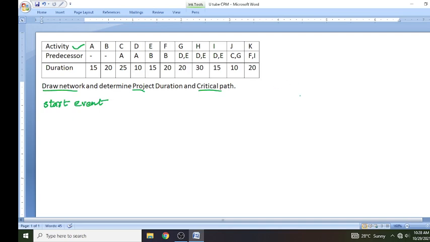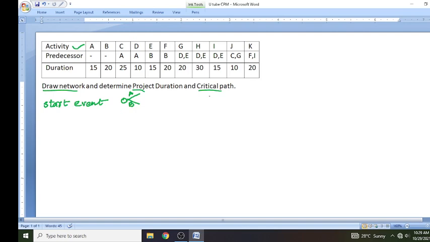In the start event we can start with activity A and B. But why? Because A and B both do not have any predecessors. They are not dependent on any activity which must be completed before starting them. So we will start A and B from the start event.